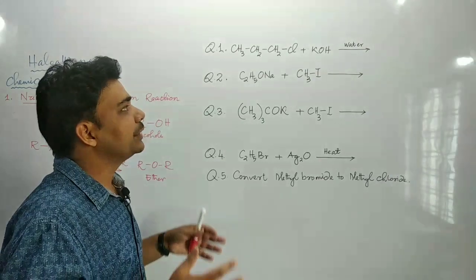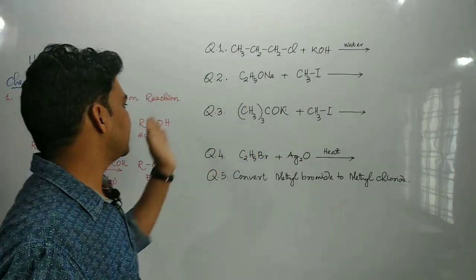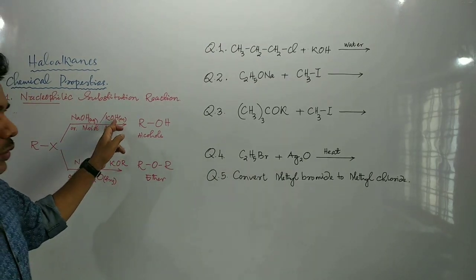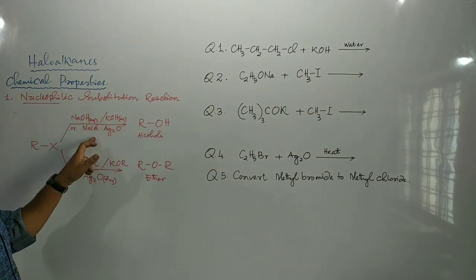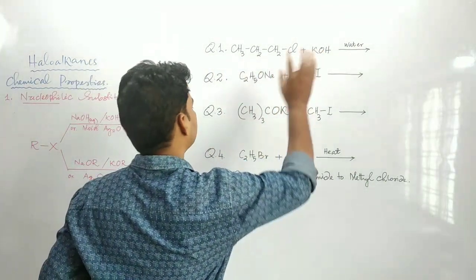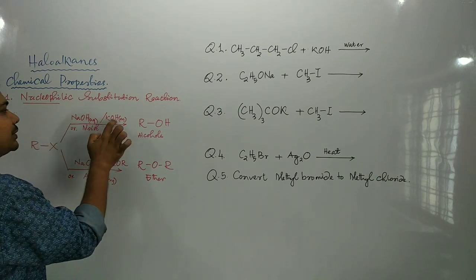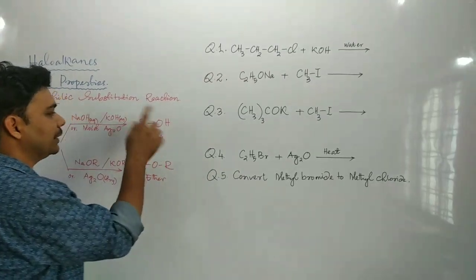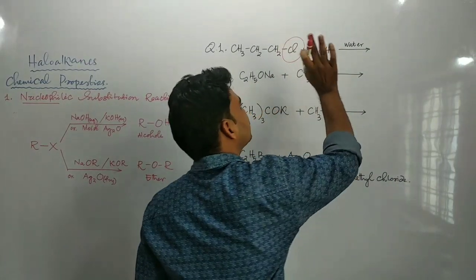So easily we can think about this reaction because this is an alkyl halide, and recently we have discussed alkyl halide when it is treated with aqueous potassium hydroxide, this nucleophilic substitution reaction will occur. And as a result of this nucleophilic substitution reaction, in the place of X, the OH group is to be put such that you will get your corresponding alcohol. So in the place of this Cl, simply I need to substitute what? OH.